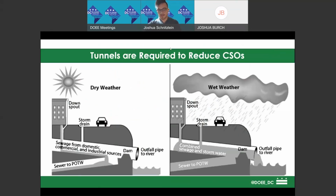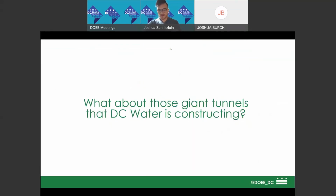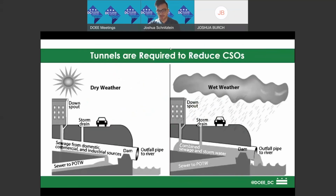Very quickly, I'm sure people have wondered about DC Water's construction with tunnels. Tunnels are used to reduce CSOs, which are the combined sewer overflows in the combined sewer system. During dry weather it's fine, but in heavy rains the volume is too much. The way the system was originally built meant that the excess mixture would go directly into the river, which is gross. And EPA thought it was gross and bad for health and required DC government and DC Water